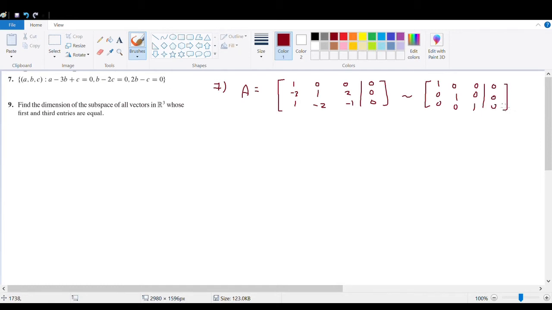0, 0. So after doing row operation, we say here the dimension of H is equal to null A, which is equal to 0 because there is no free variable here. So from here we conclude that dimension of H is equal to 0. Because this one is a homogeneous system, to find the basis for the homogeneous system, we just need to find the null A, a basis for null A. Since the basis for null A is empty, that means the dimension will be equal to 0. Then for 9,